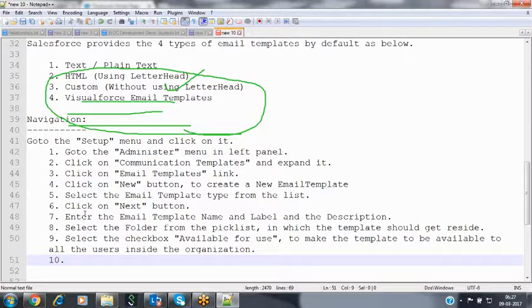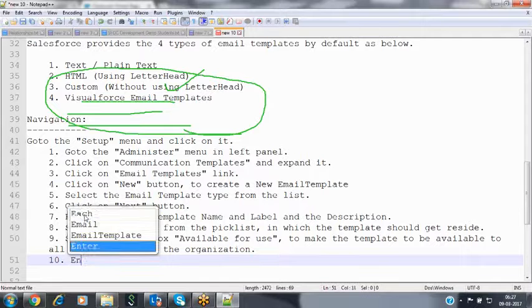That is also an email template which we created in the past, but it has the older company address. Recently we shifted to another place which has a new address. So at that time, we unselect the checkbox so the template cannot be used. The template will be there, but it is not available for use, like a deprecated template. In a similar way, we can make your email template available for use.